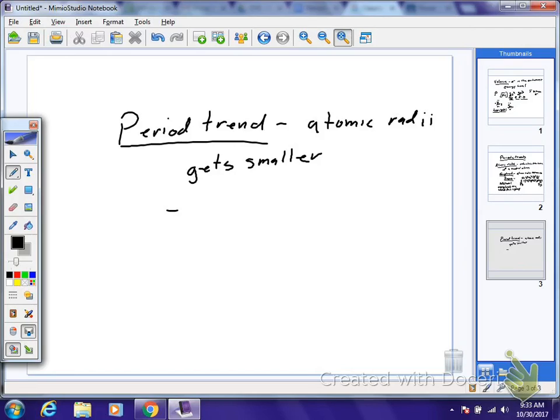So if you're adding electrons to the same level and then also adding protons, you can see why it will shrink. Because the addition of the protons will cause a stronger attraction between the nucleus and those electrons in the same level. So that's the reason why it gets smaller. It gets smaller, and its reason is